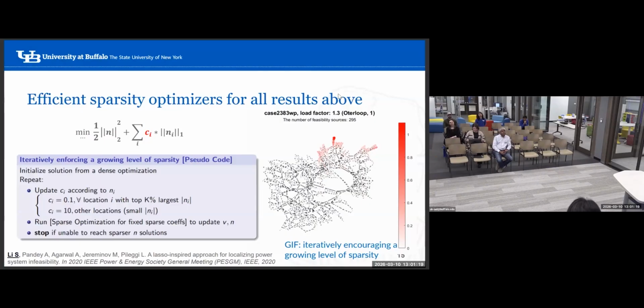If the existing result tells me that the compensation is very high at this location, then I make the threshold low, make this coefficient low. Otherwise, I make this coefficient high. So in this case, I gradually promote the compensations to flow in those cheap locations, until making those cheap locations very sparse.